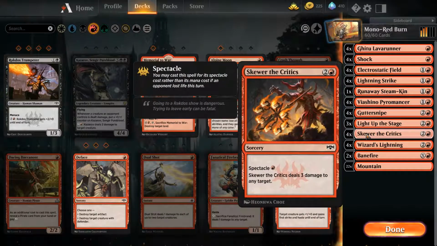You know what I'm saying. Then we got Skewer the Critics, sorcery. Got a spectacle cost. Does 3 damage to any target, which again needs a lot of consideration going here. Do we do it to the face? Do we do the planeswalker? Do we do it to the creature? There's just endless possibilities that you really have to consider a lot of the time, and that can make these